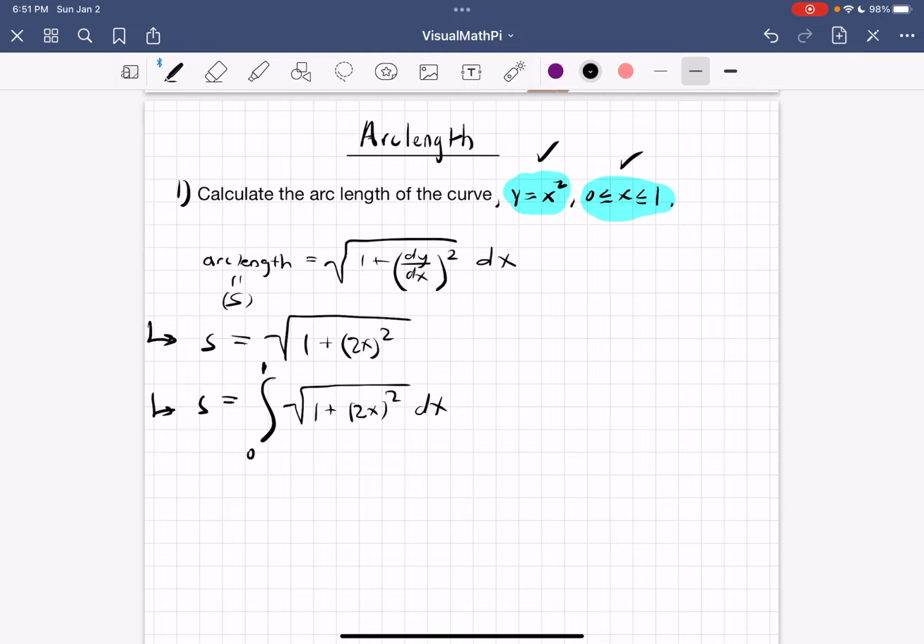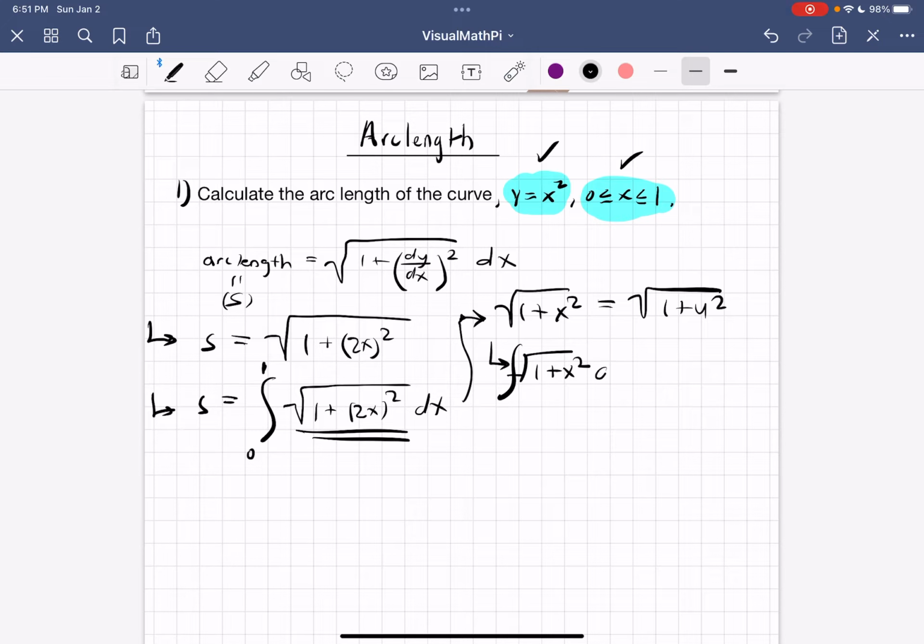In order to proceed with this, we have to do a bit of u-substitution. So why do we need u-substitution? We need it to make things a little easier, and I'll explain why right here. Essentially we want this integral to look like the square root of 1 plus x squared. That's why we want a u, because we're essentially going to get something that looks like 1 plus u squared. And we want this, again, square root of 1 plus x squared, because the integral of that is actually equal to